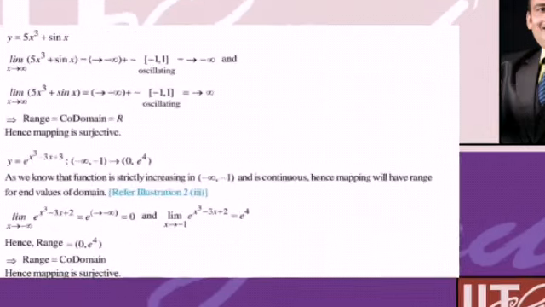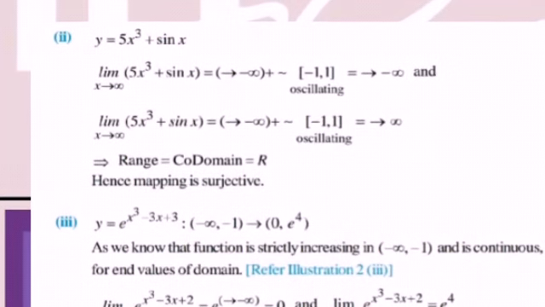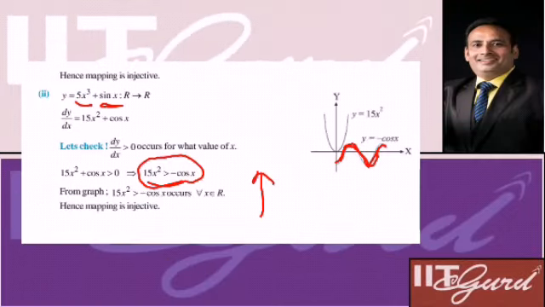That's okay. Anyhow, come to the point: this one, 5x cubed plus sin x. The same question was there for whether it was one-one or not, and of course that was a one-one function, an injective function. Now we have to see whether it is surjective. So yes, it is surjective. Why so? Because the range is equal to the codomain. What the range was in the question, 5x cubed plus sin x, was all real numbers, right?